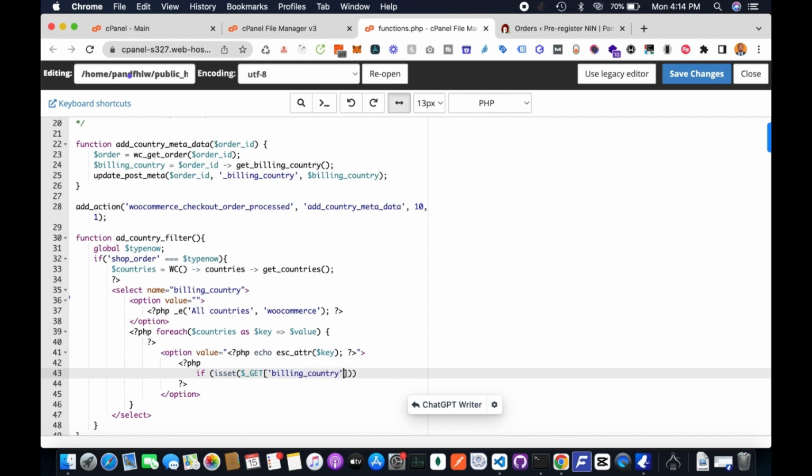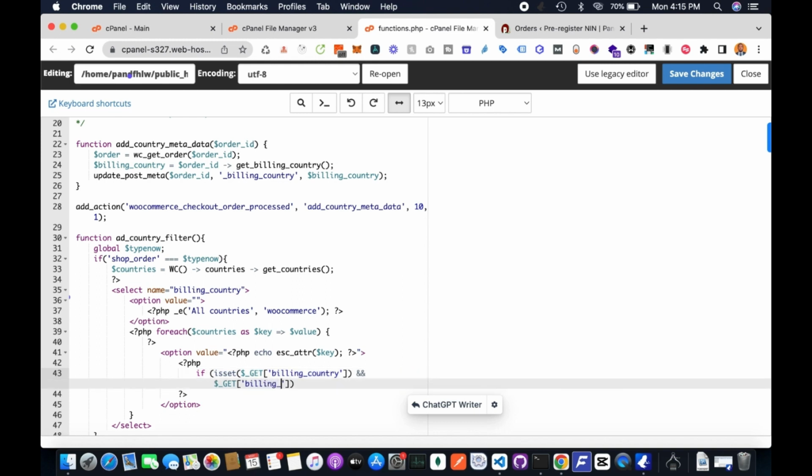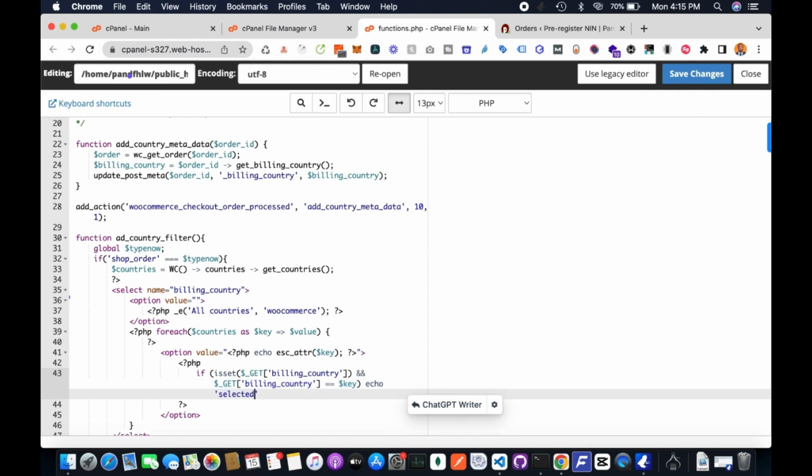We'll open our array and put it billing_country and $_get billing_country equals to $. That's a key variable. So it's going to echo selected, just like I said earlier, to mark the current country selected as being selected. So once that's done,